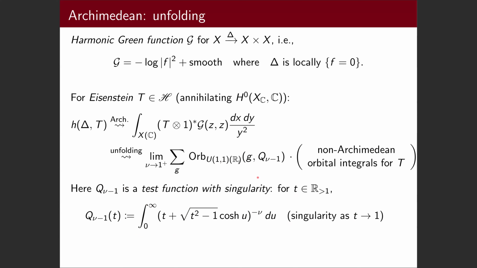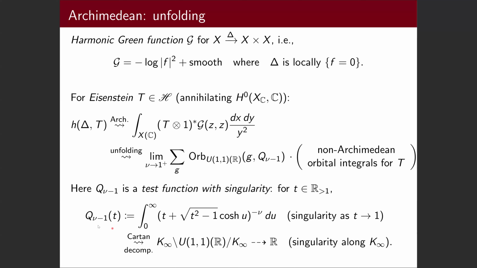So, okay, I said I should get a test function on U(1,1). This is a function of one variable. And so you can upgrade it to a function on U(1,1) using Cartan decomposition. So you can upgrade it to a bi-K-invariant function on U(1,1), where K here is a standard maximal compact. And so the reason is that after taking this two-sided quotient, you get something which is one parameter corresponding